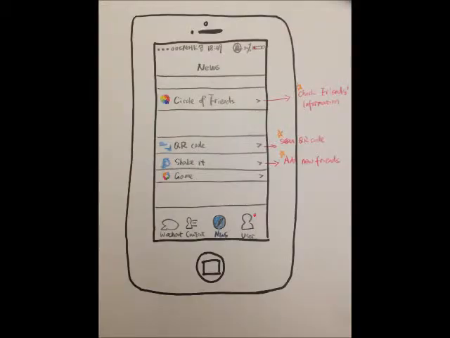Pressing the icon of Discover, people can see the sub-functions in it. For example, Circle of Friends, QR code. With QR code, users can scan others' QR codes to add contacts. People can shake phones to find friends with the function of